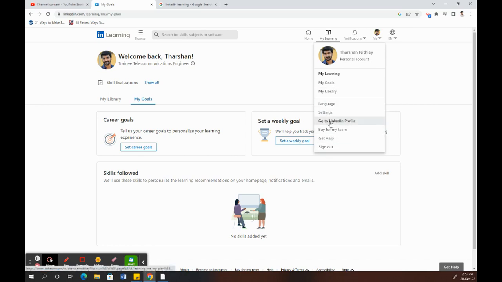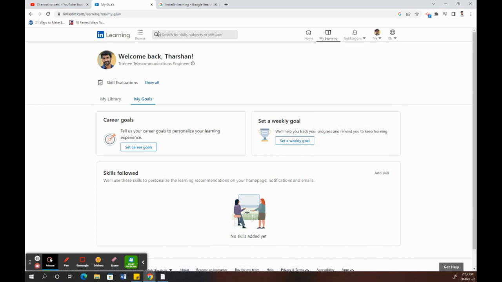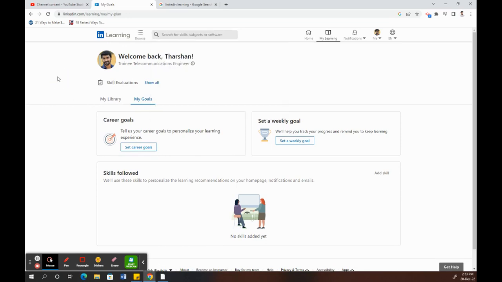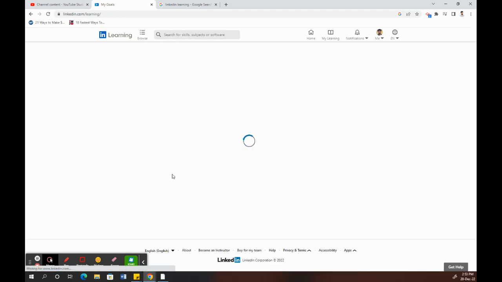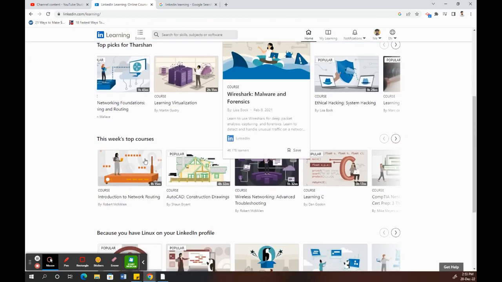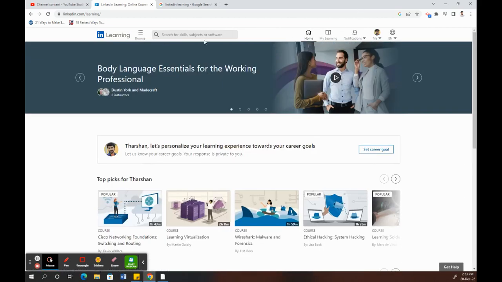And also if you want to access your LinkedIn personal profile, you can use this to access it. So you can browse through all these and find any relevant courses that you think will help you. Once you're done, let's say you have completed a course, what you will see is, if you go to